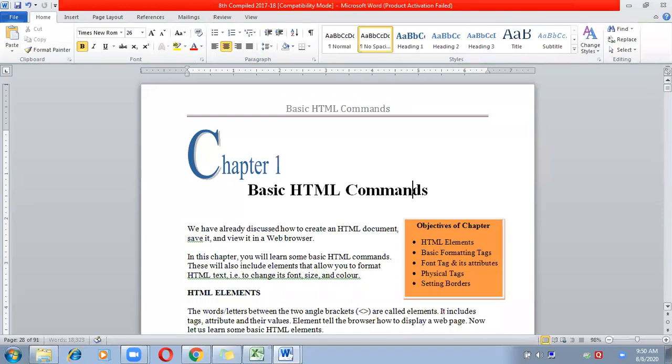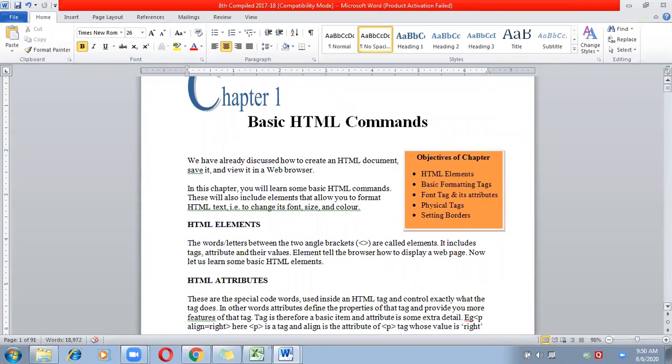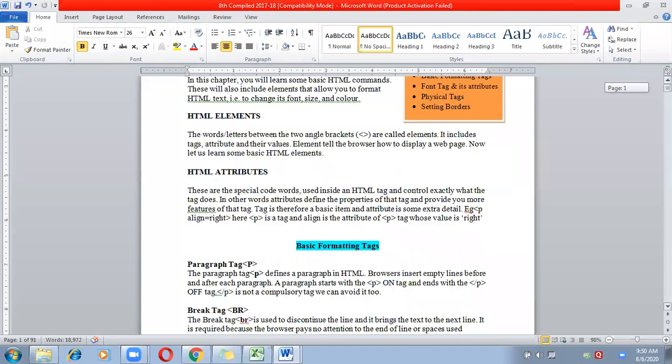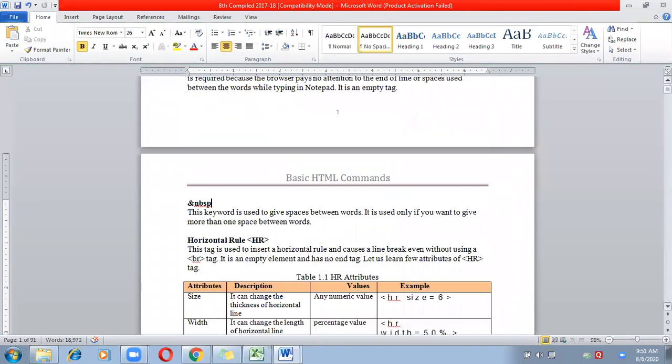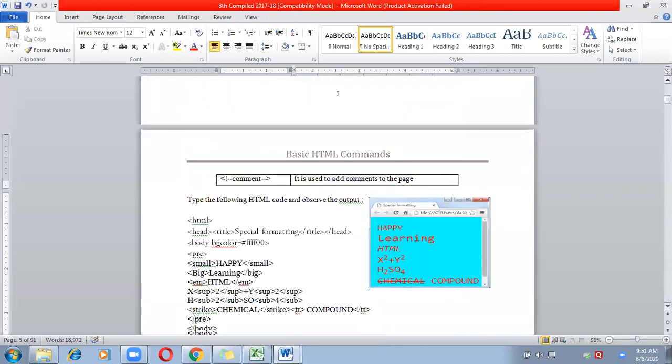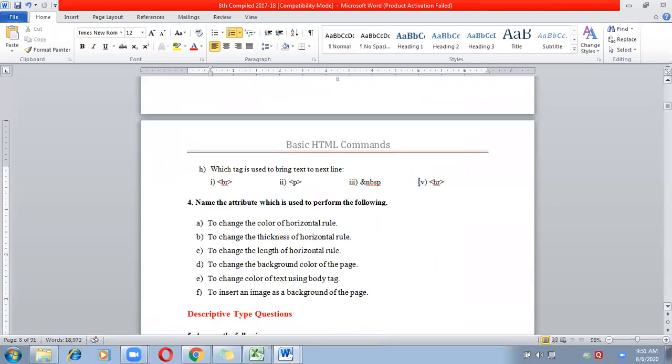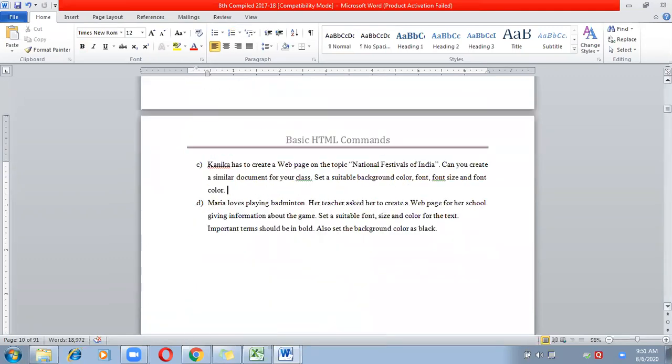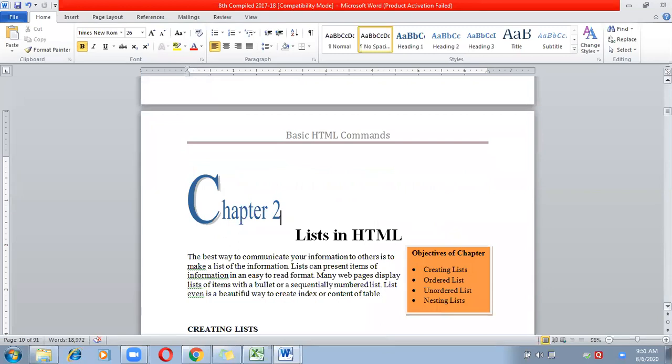Now let us check that all the pages, header means the portion of the page which will always get repeated on every page without even adding again and again. So let us check the next page now. On second page also the same heading is coming. Then third page, fourth page, fifth page, sixth page, seventh page, eighth, and this is the ninth page. And after ninth page we are getting started with a new chapter. But right now the same heading will come on the next page also.